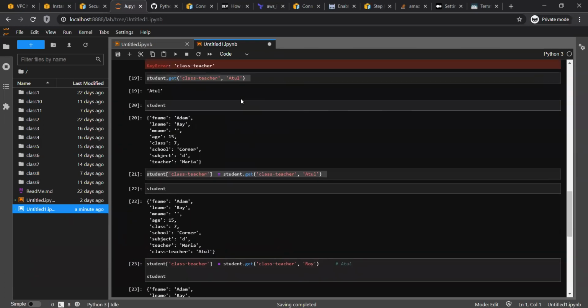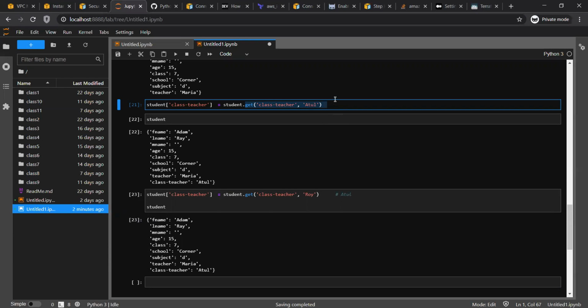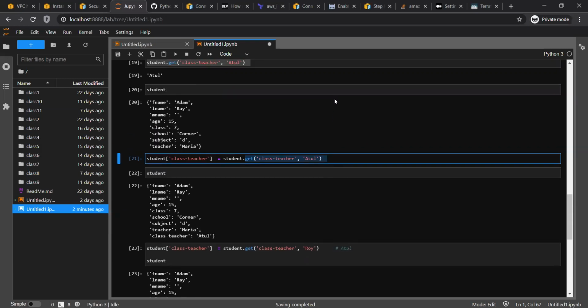So if you see in this scenario, the key did not exist, so it put a default value and then added it. Here the key was existing, so it will use whatever the dictionary returns. So the get method is required when you want to return a default value, and we will see that quickly right now. Get is used when you don't want to throw an error, you want to return a default value.